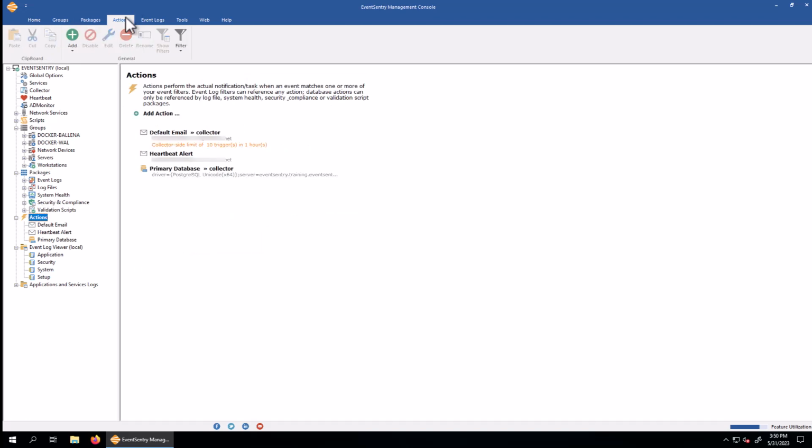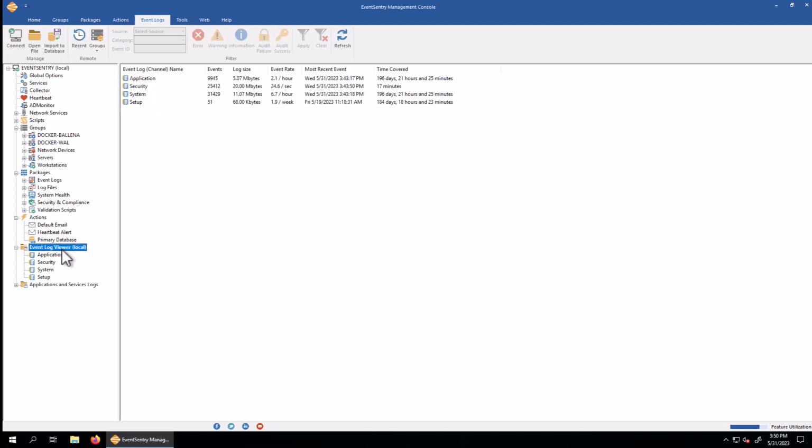Finally, we have the actions. So this is where you configure where information is sent to, for example, email alerts, and also the database. So with the default installation that we have here, we have email notifications set up and the primary database where data is being stored. The Management Console also includes the event log viewer, so you don't have to use the